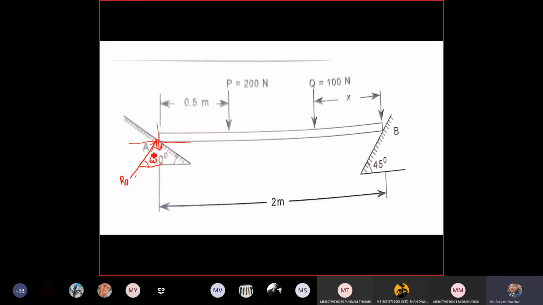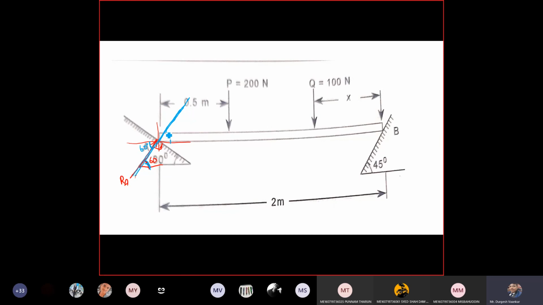Now this force is making an angle with respect to the horizontal. How much? 60 degrees. The line of action will be the same. Same means 60 degrees for the resistance force, the reaction force. We can call it with respect to horizontal, it is 60 degrees. Now tell me, with respect to horizontal, how much is it here also? It is 60 or not? Yes, sir. The line of action will be the same. That is the principle of transmissibility, which we discussed in the first or second class.